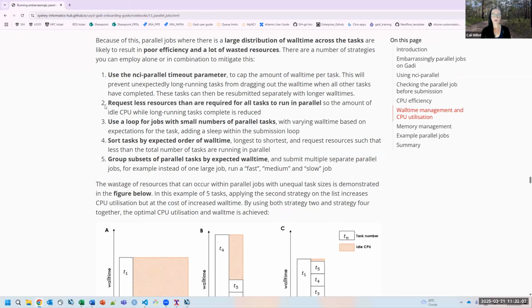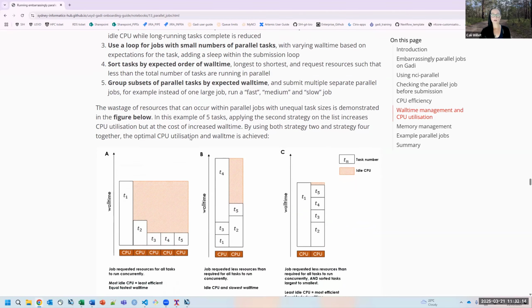And finally, you can group subsets of parallel tasks by expected wall time. So for example, you can have a slow running job, a fast running job, and then something in the middle, and submit 3 jobs instead of 1. So this figure demonstrates how